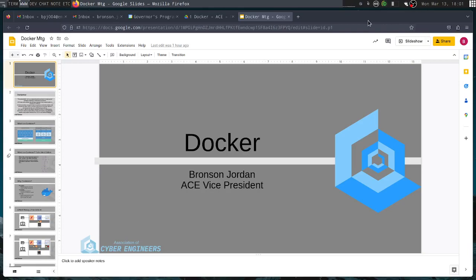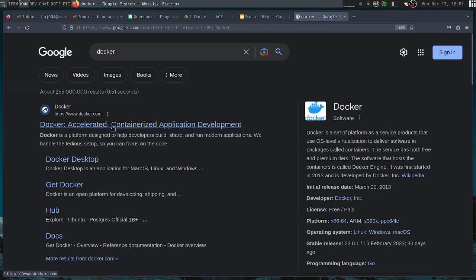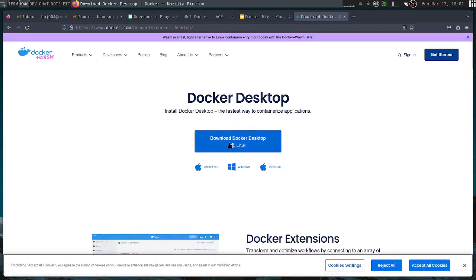Before we get started, if you'd like to follow along, I'm going to show you how to do so on your computers. You can go to, I don't remember the address, just Google Docker. And you're going to want to download this Docker Desktop right here. And that'll say Windows for you. I'm on my Linux laptop at the moment because I need some stuff for a later part of this demonstration. But once you download this and start it up, at that point, once I get to the demo portion, you'll be able to just do all the same commands and stuff that I'm doing from Windows, Mac, whatever. Do we need Linux? No.